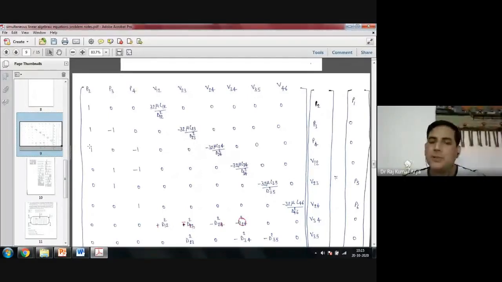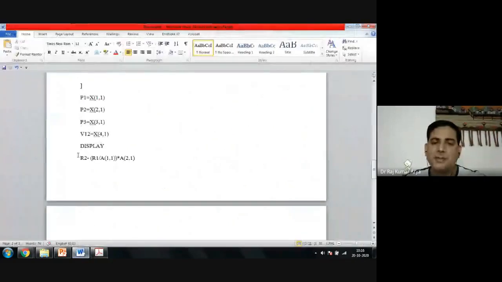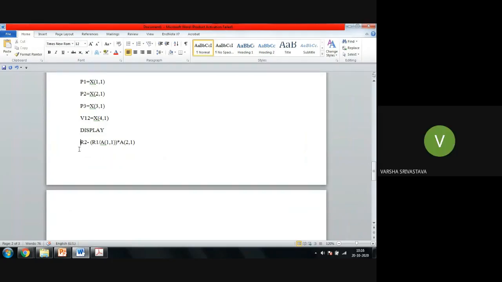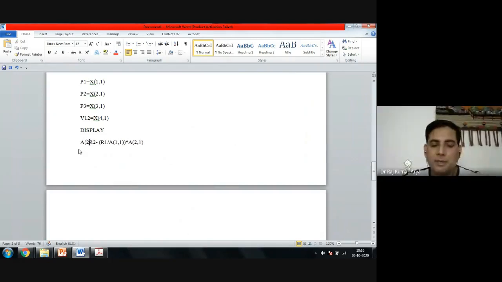So now this row is complete. You need not do anything. This is your row 2. So how would you write it in terms of a matrix? This is right in terms of the math formula only, right? You want to write it in terms of a matrix. This is my A21, right? I am generating the new A21 in this particular format.